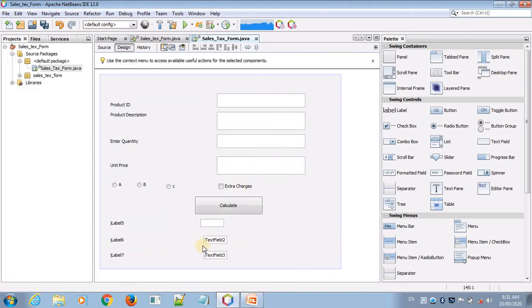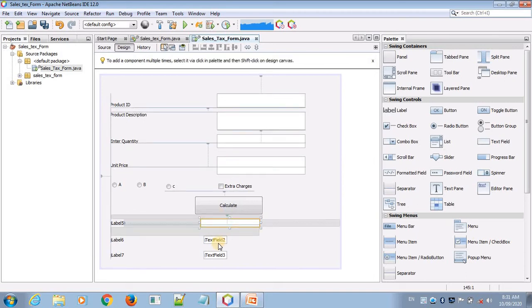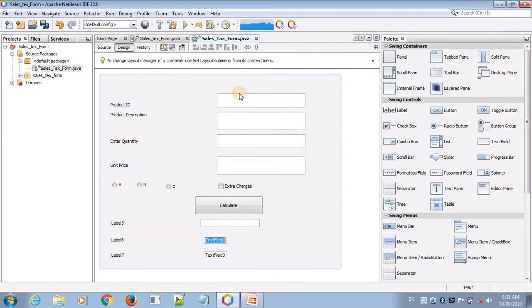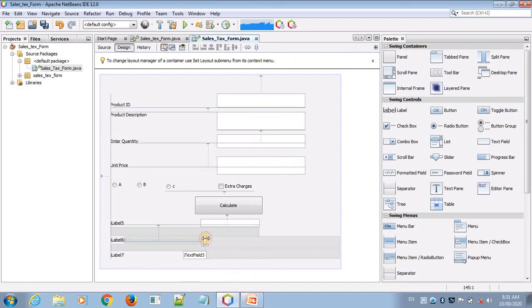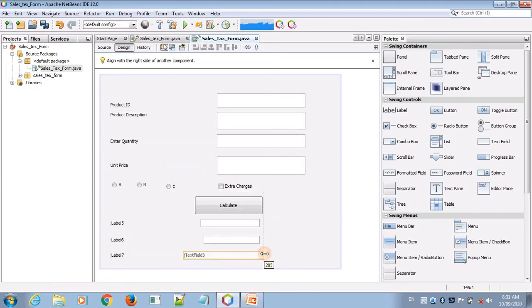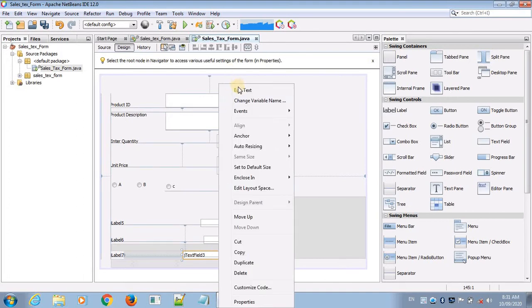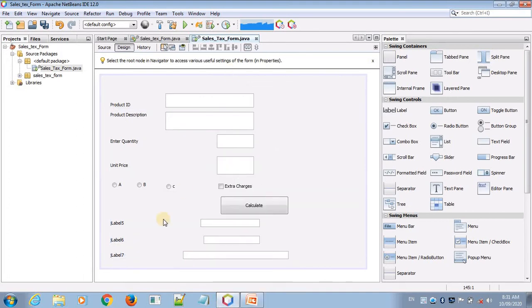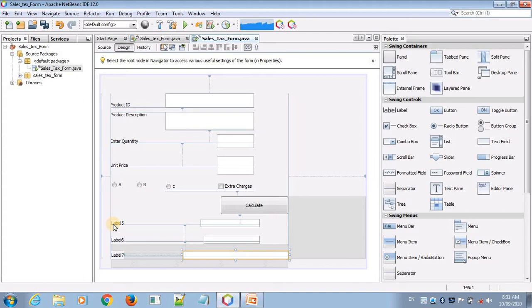First you edit the text box. Now change the labels' names. We need to edit the labels.